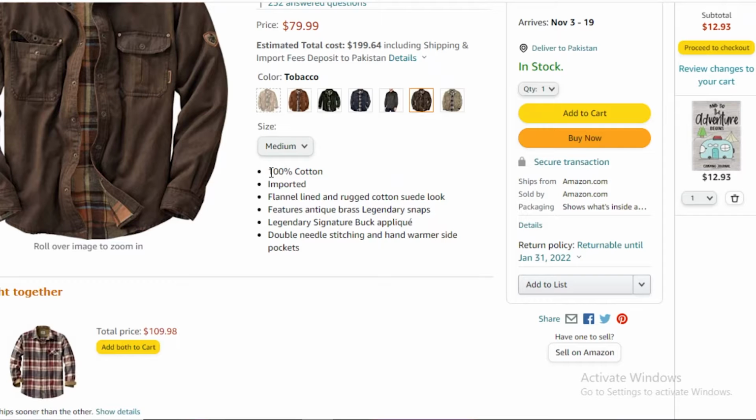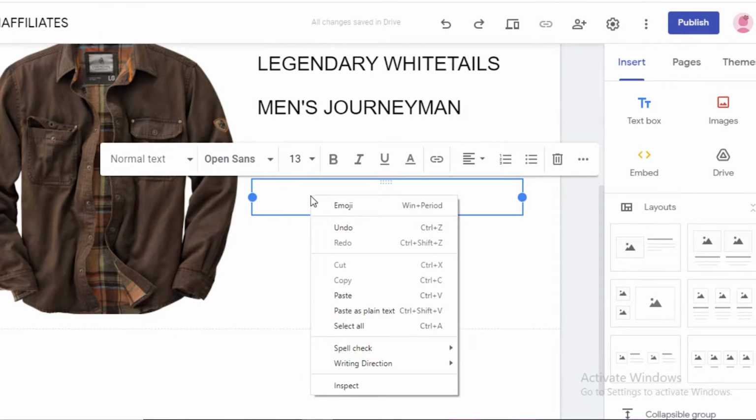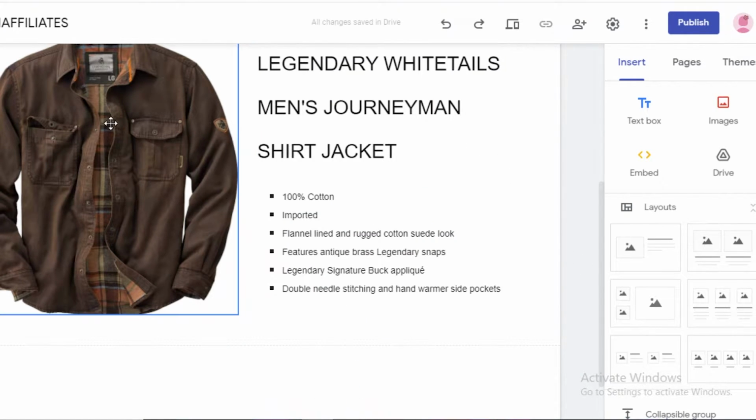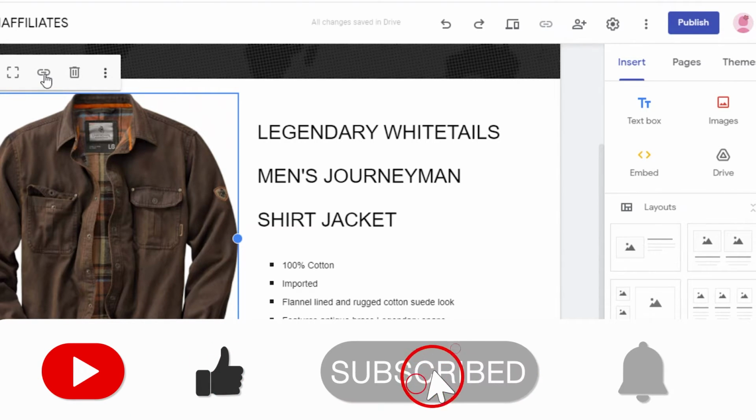Now after that, I'm going to go into the description section, and if there is a good description for your item, you're going to add that down here. You're going to paste it like so. So after you have created this, what you're going to do is insert a link on the